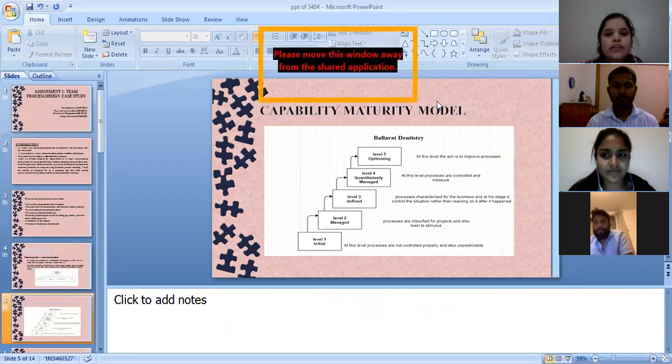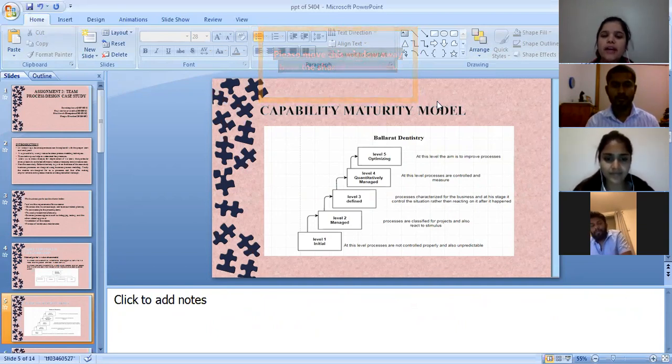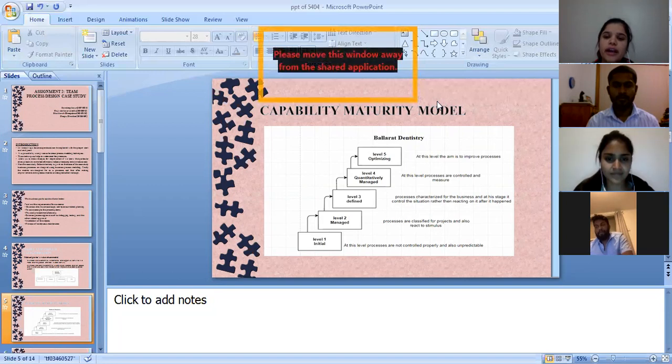Hello everyone, I'm going to discuss the capability maturity model. This model tells the level of maturity of the processes. At the first level, that is the initial level, the processes are not controlled properly and are very unpredictable, so we do not know the results they will provide to us. The next level is managed. At this level, the processes are categorized for projects and react to the stimulus. In this stage, they just react to the stimulus but do not provide a solution to control